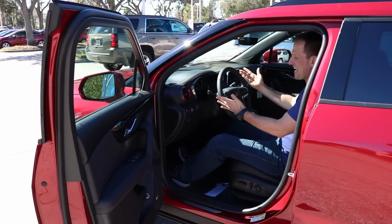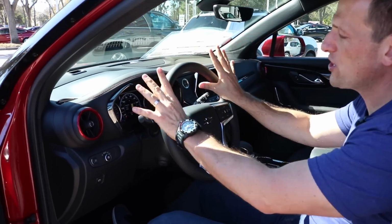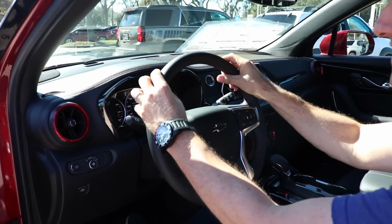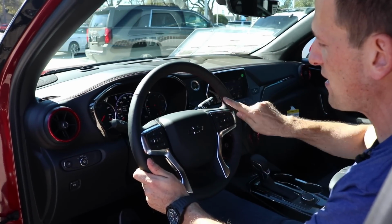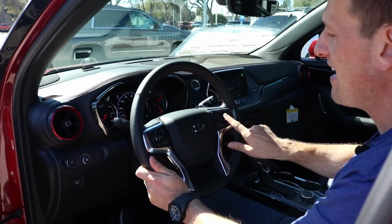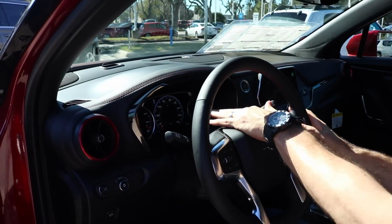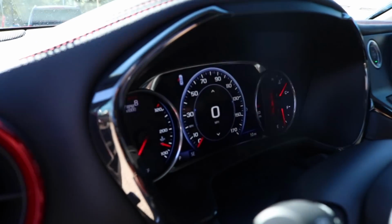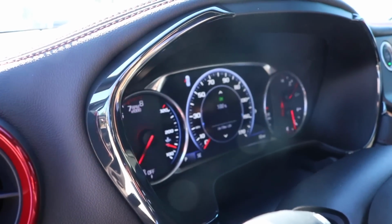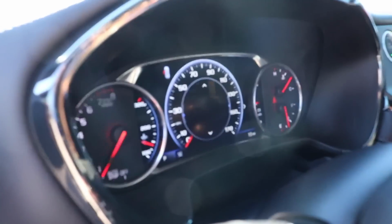All right, guys, business end of the Blazer RS. I love the steering wheel. I wish it was a little thicker, so I'm gonna zonk the thickness of the wheel, but I like the materials being used. I like the red contrast stitching, and I'm really digging these little info wheels to go through all the information on the center display there. Great size, great font, great color. As you roll the thumb wheel, it's just really nice to see all the different features that you can go